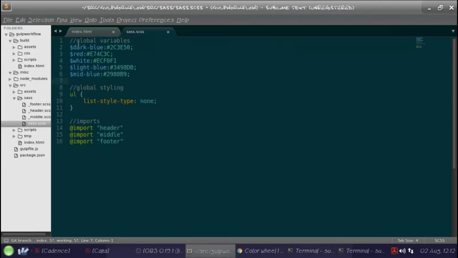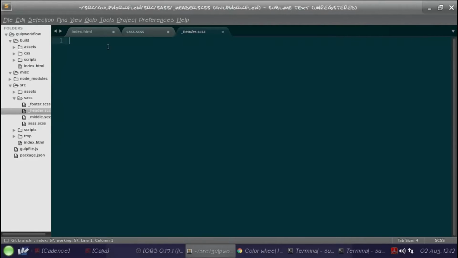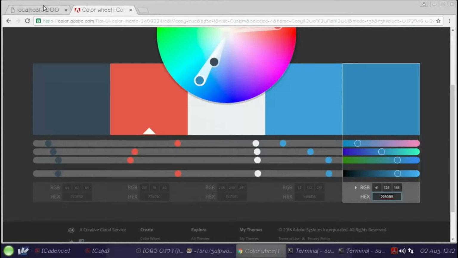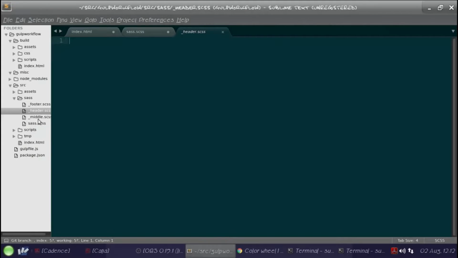right, okay, so those are global variables. I can reference those global variables anywhere that I want to in my project, so that in any of these Sass files I can use them. So I haven't saved any files yet, so nothing has changed. I should have changed here, right? So it hasn't. I'm going to go to header, and so the first thing I'm going to do,